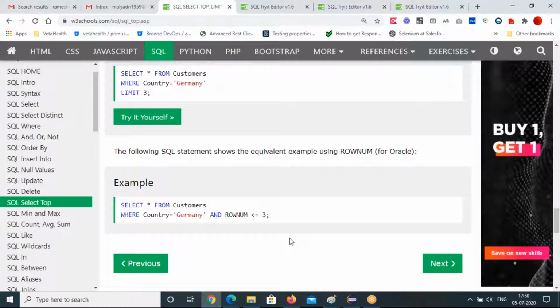Next, any queries before going to the next one? Minimum and maximum. It's very easy: minimum, maximum, count, average, sum. We'll finish this quickly in the next 10 minutes.